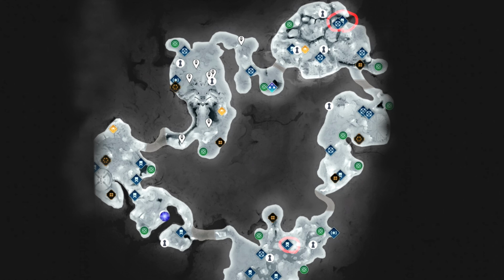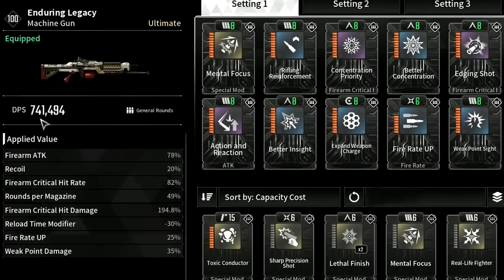And then when you have all 4 blueprints, just go to the Anais in Albion and spend 100k gold to start the research. Oh, and by the way, I forgot, but you must be Mastery rank 15 before being able to do this. And then when you got it, for mods, we want to go with the Mental Focus, which